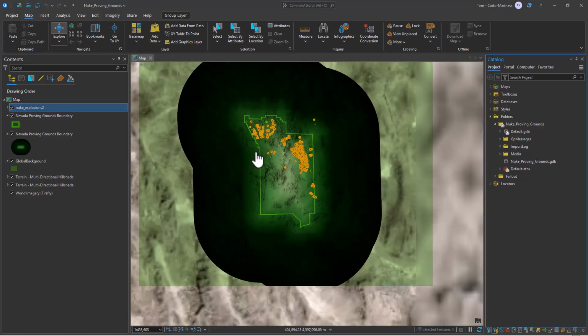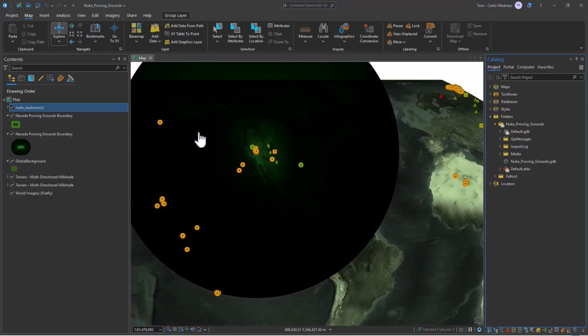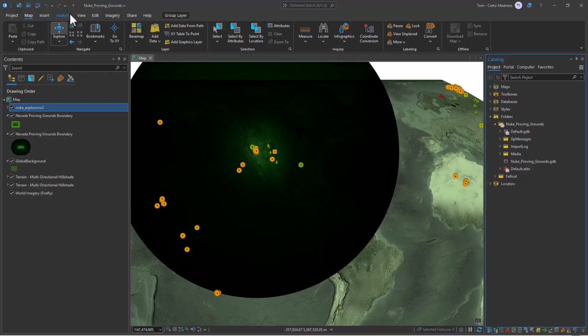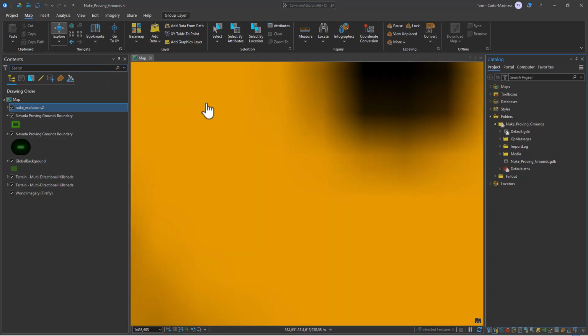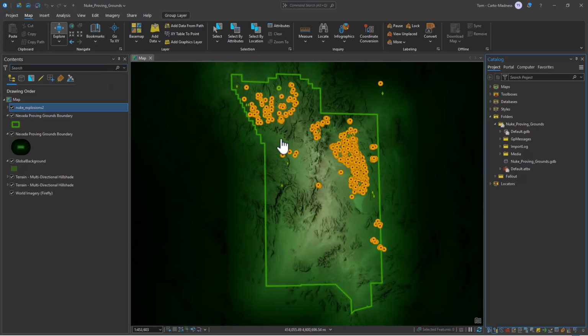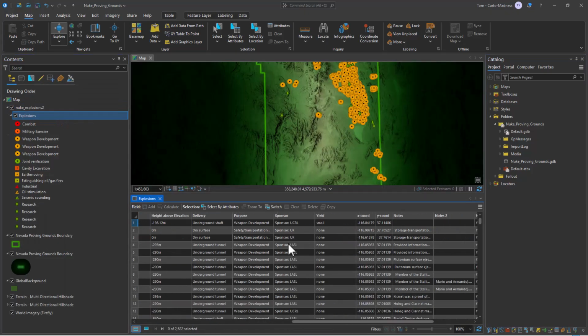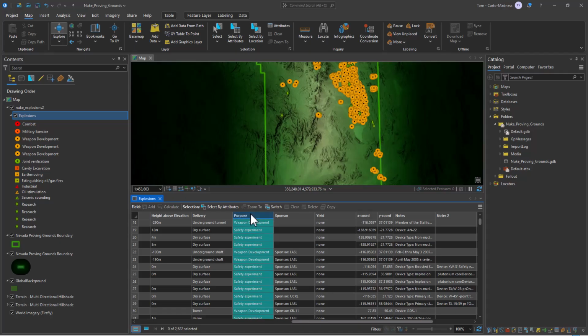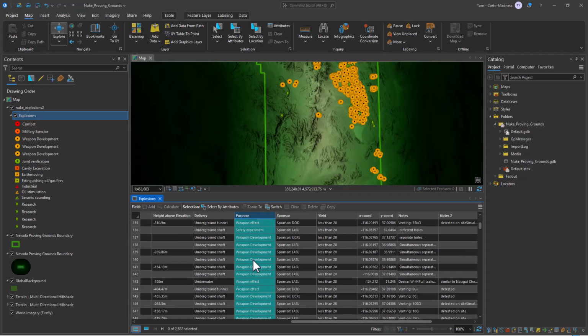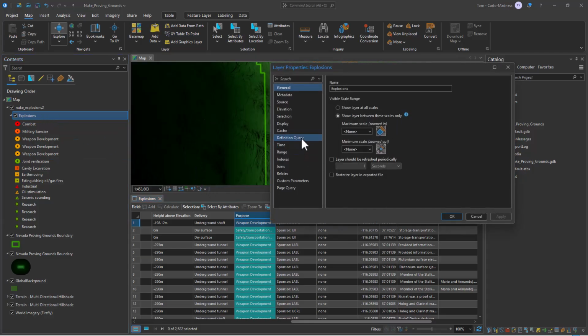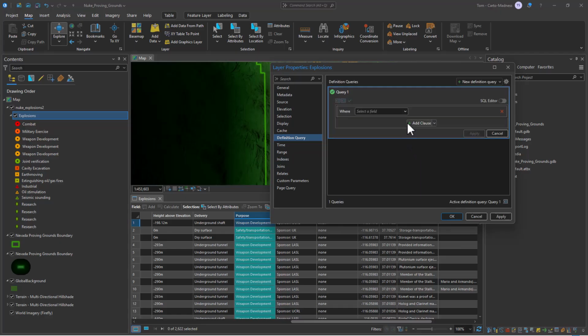Now the cool thing about this data set is it doesn't just take in Nevada, it's worldwide, from 1951 to 1992. Which is great for maybe a future project, but for now, all we want is Nevada. So let's take a look at our data table. And we have all kinds of cool, useful data here, but for now, let's look at purpose. They detonated nuclear devices for all kinds of different purposes, but since this is a Fallout 4 kind of tribute-y kind of thing, let's set a definition query to only grab the weapons development